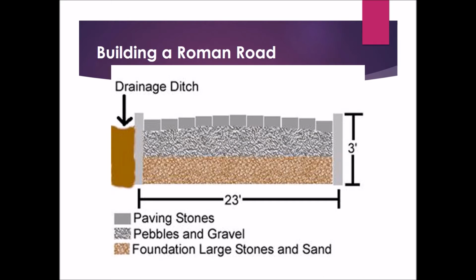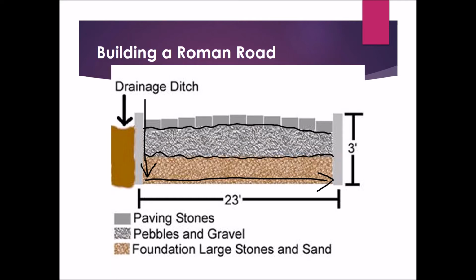Now, a typical Roman road is usually 23 feet wide by 3 feet deep in its original construction, and they would have drainage ditches along either side to allow for excess water to flow. So the first step is, of course, to dig that pit 23 feet by 3 feet deep. They would then fill the initial layer with very large rocks and a sand filler to fill in all of those gaps. On top of that, they would put smaller rocks and then include a layer of concrete on the